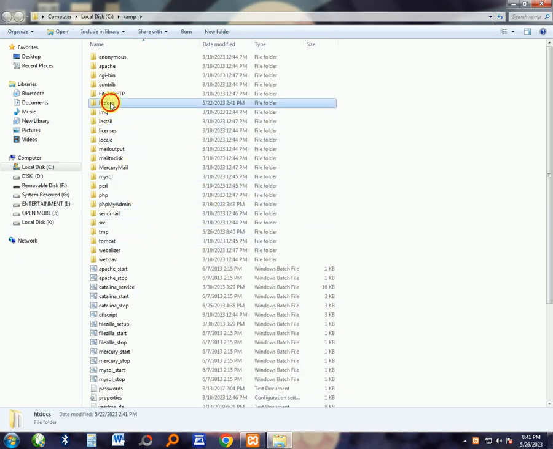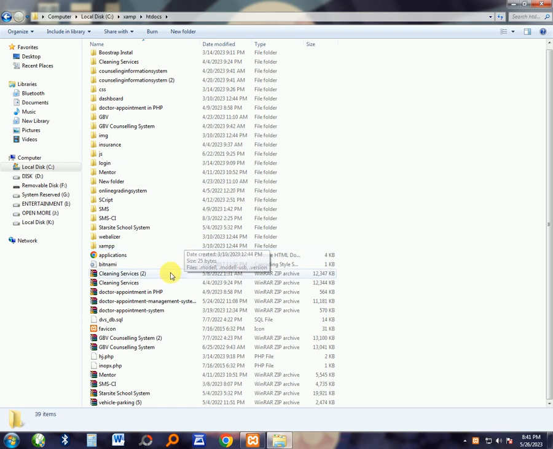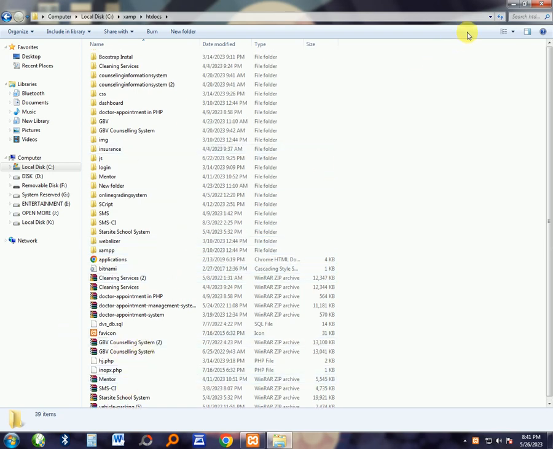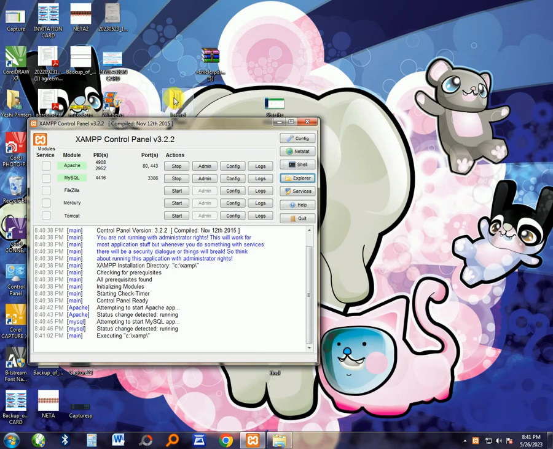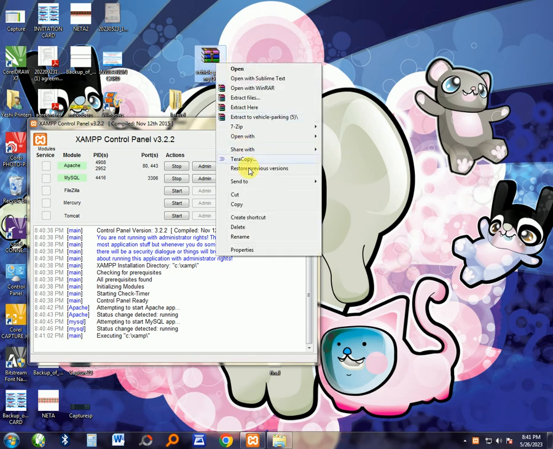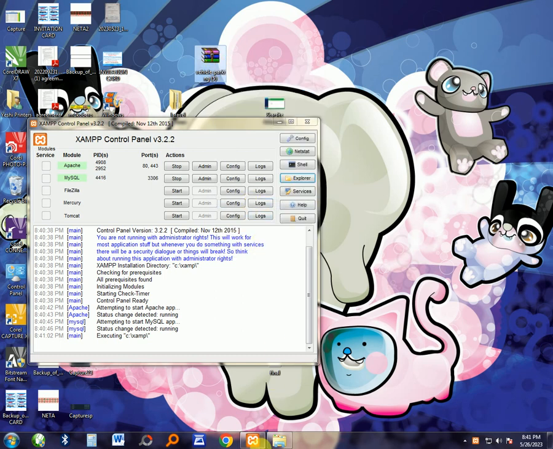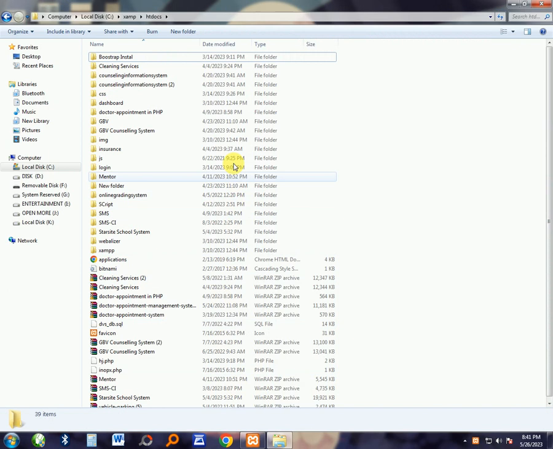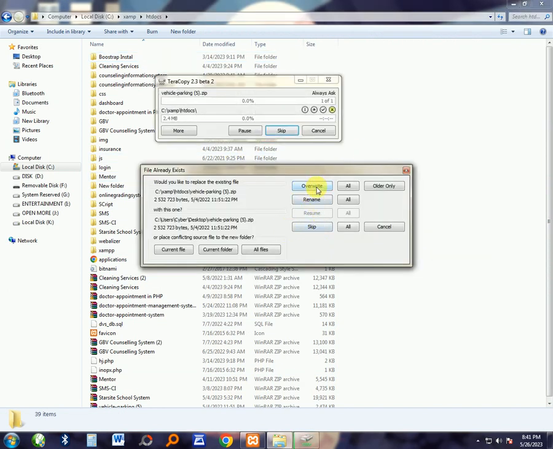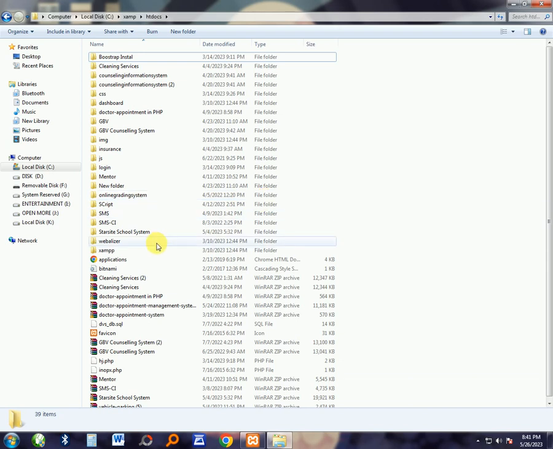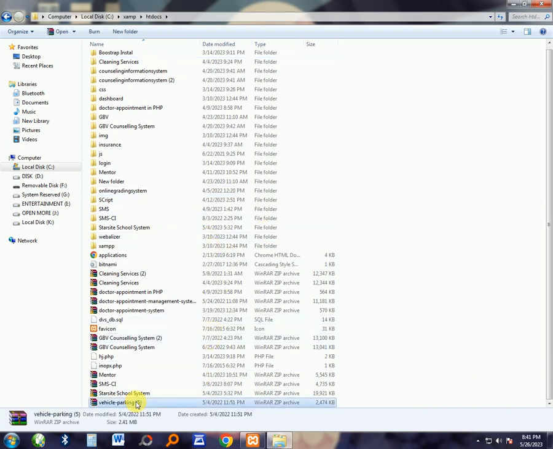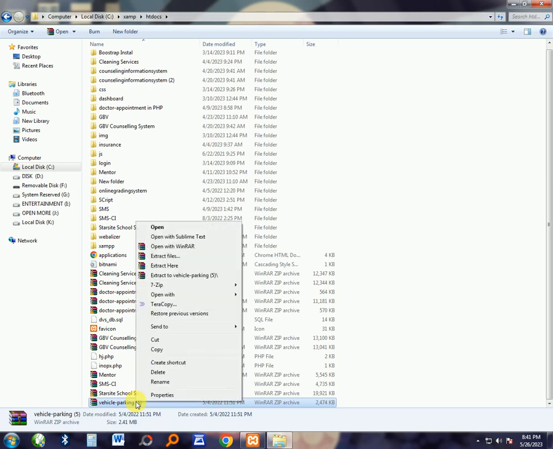head on to htdocs. This is the place where you should install the system. So copy the zipped file to the folder. So you have copied the zip file to the folder. Then you can extract